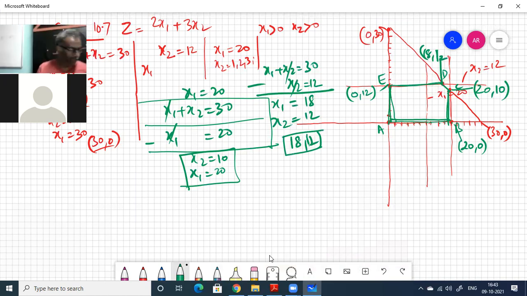Now what is it telling? Example 8.7. Feasible region. Z must be maximized, so you have to find Z max. What are the points? This one is 0 comma 0, okay, 0 comma 0. A,